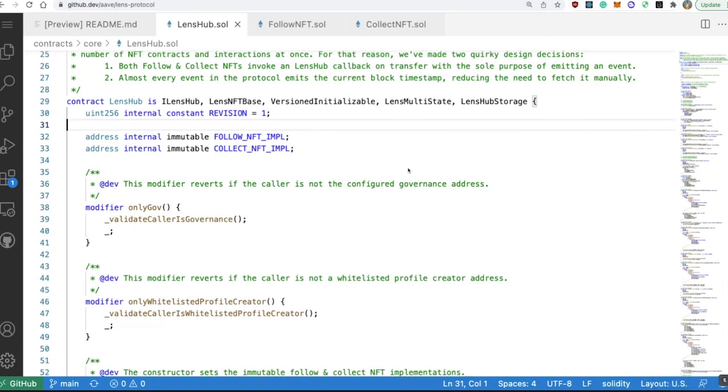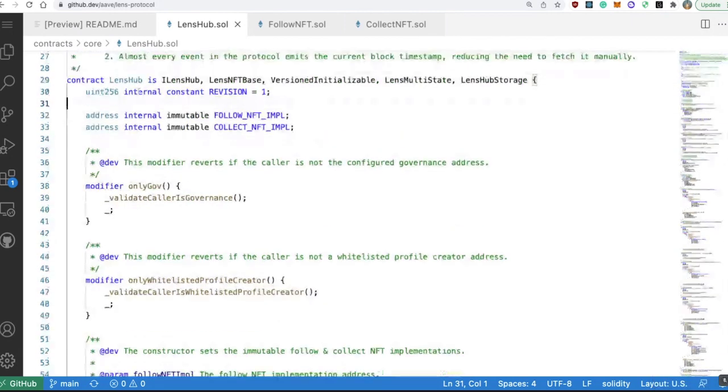So let's, I guess, go from here. We've got the modifiers. Well, I guess we start here. Follow NFT implementation, and the collect NFT implementation. So these are the modules, right? Yeah, so the follower NFT implementation is what is used to deploy the other follow modules. So that's the base implementation, and then that would be used to deploy the follow modules as people follow you. Like we said, you only get deployed a follow module after